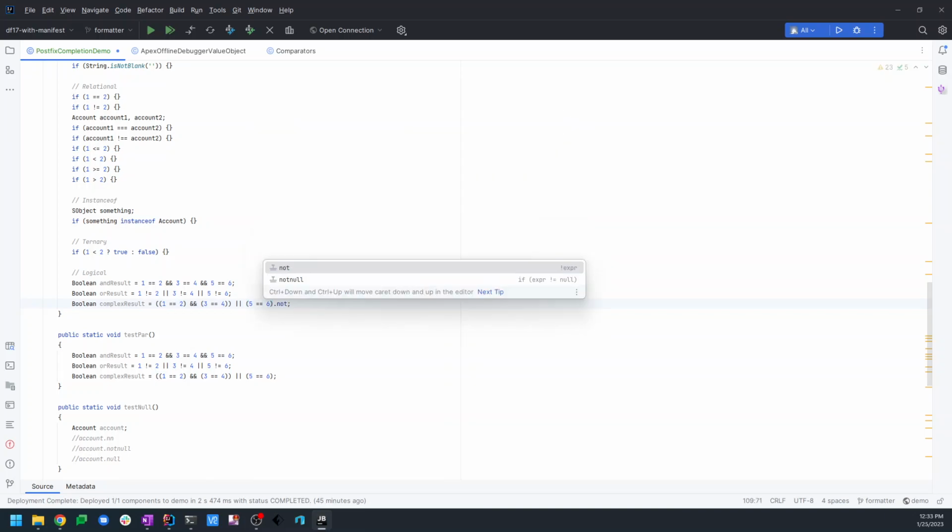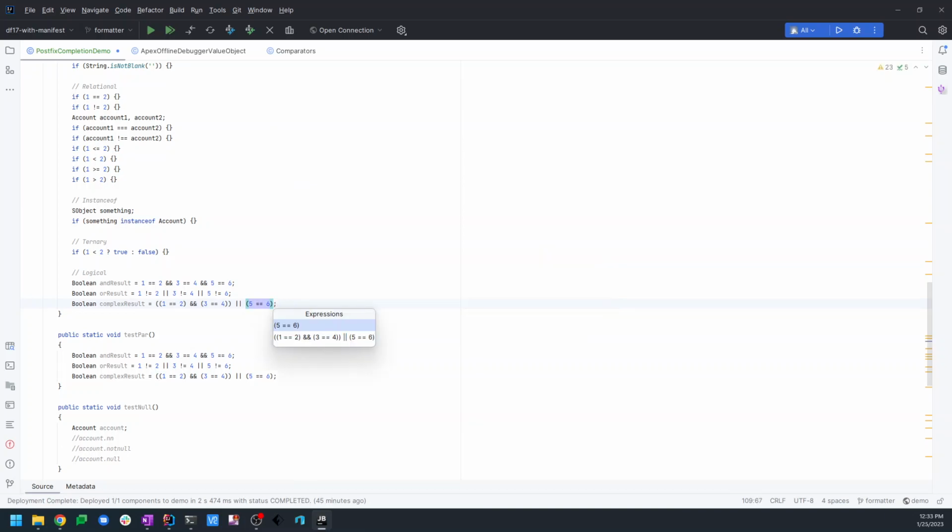So we can see that when I not this complex expression, and by the way, this is part of an expression hierarchy, so it's going to start with the closest leaf expression, and then it's going to walk up the hierarchy from there and allow you to choose which expression you want to operate on. And in this case, it reversed ands to ors and vice versa, and it reversed the relational operators as well. So you end up with a not of that. And then, of course, the